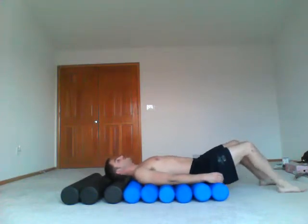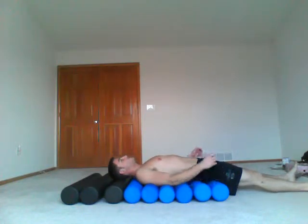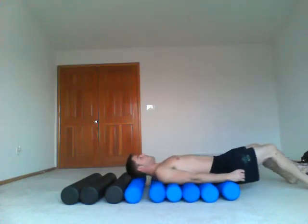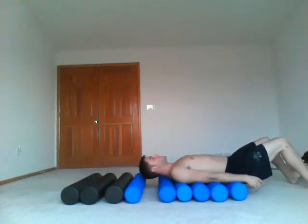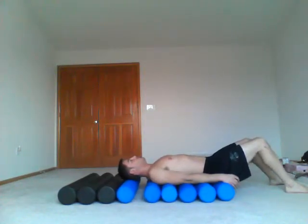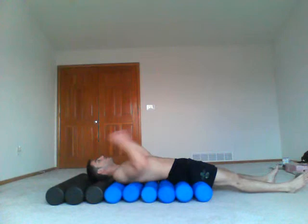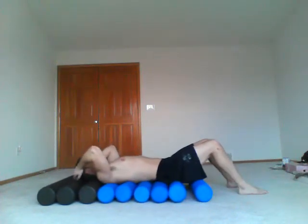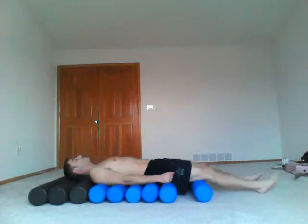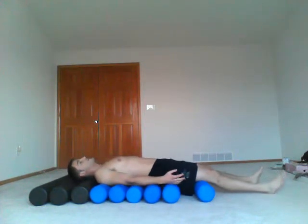After we have that positioned, we can let our legs go flat, and with simple flexion of our hamstrings, we can roll down. We can also, by pressing our legs into the ground, roll upwards. Now it is important to always make sure that the primary curves are supported. Once we feel good in the position with all the latitudes supported,